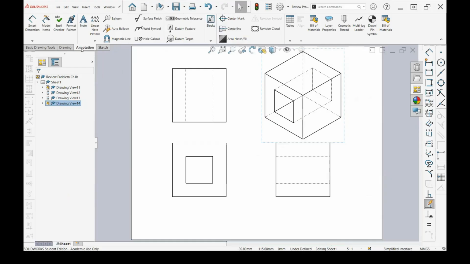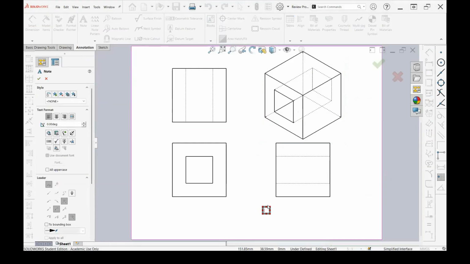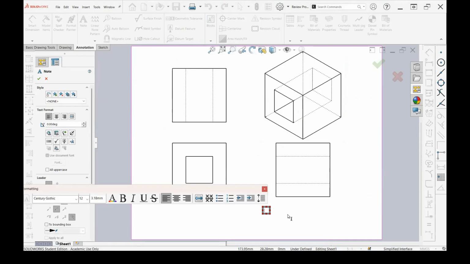And then we're going to go to annotation, note, and I'm going to drop a little box down here, including my name, the assignment name, and the date.